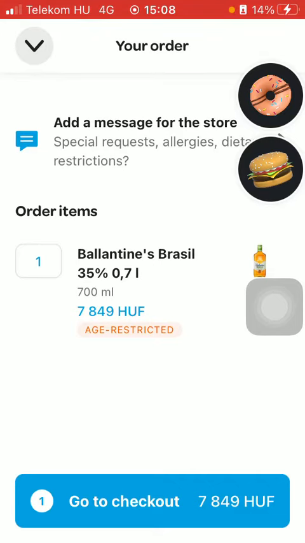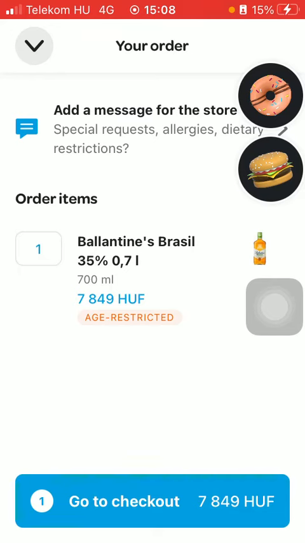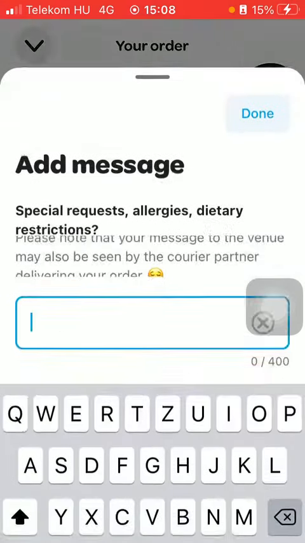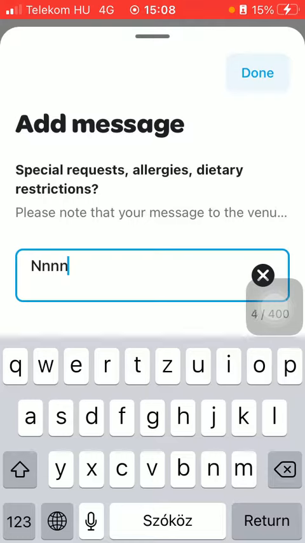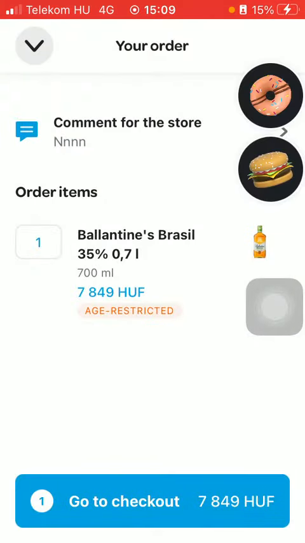option at the top of the page, so you can indicate your special requests, allergies, dietary restrictions. So tap on this message button and note your message, so type it into this bar in the middle of the screen. When you are done, click on the done button in the upper right corner of the screen, and